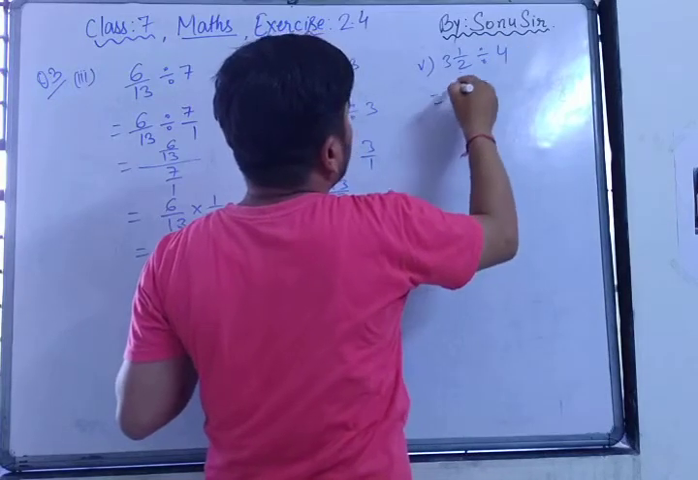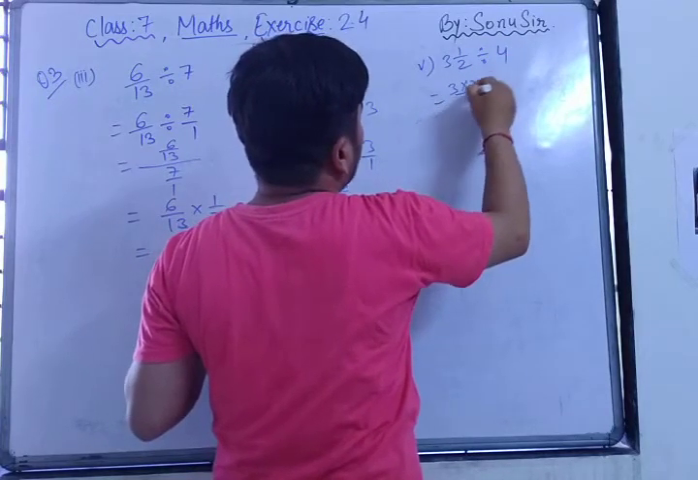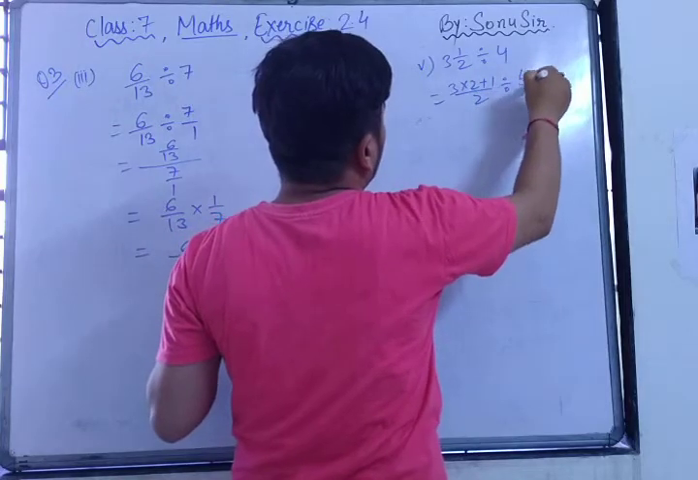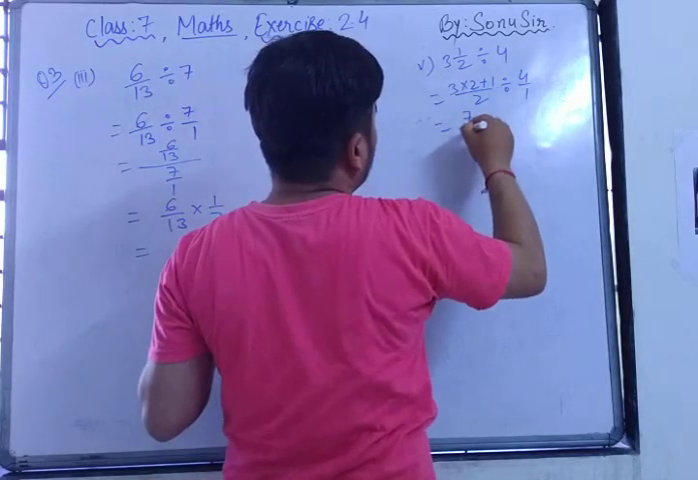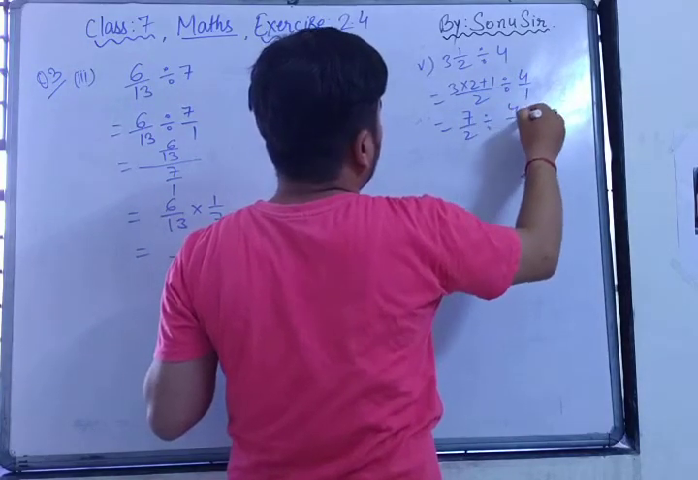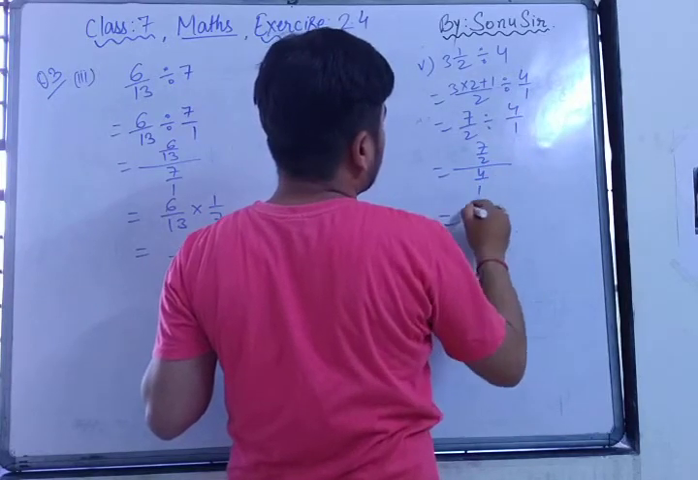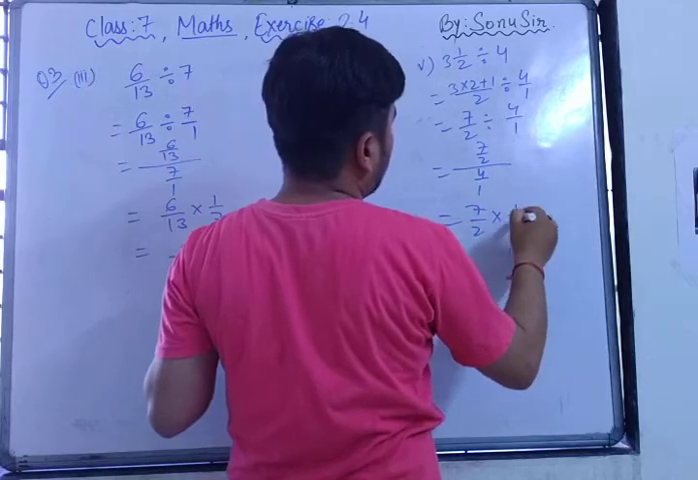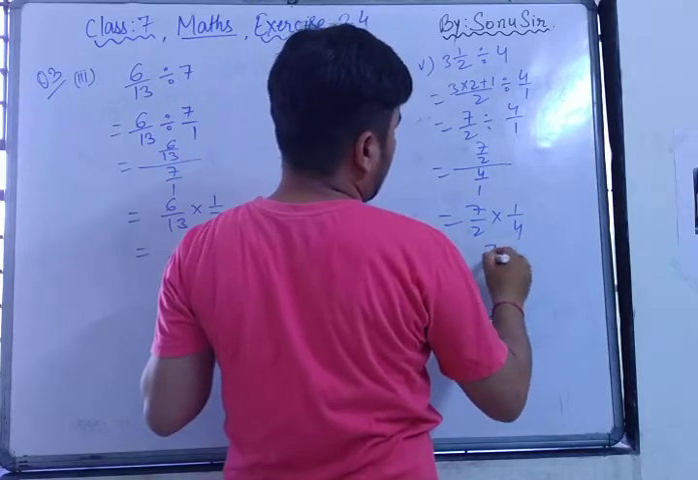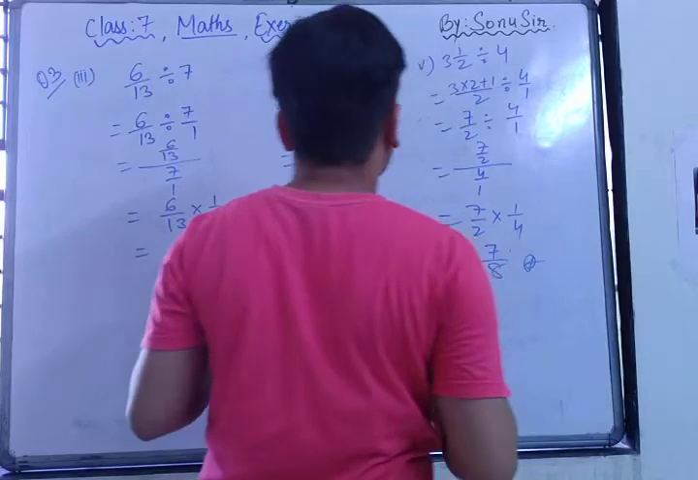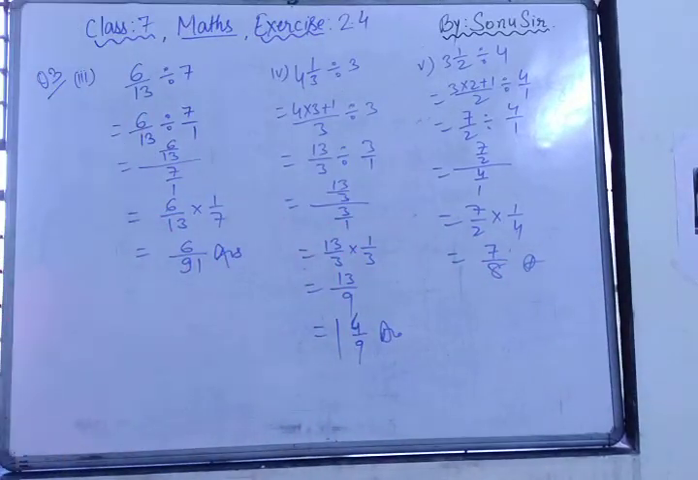So what we will do here: 3 into 2 plus 1 upon 2 divided by 4 upon 1. So 7 by 2 divided by 4 by 1 is equal to 7 by 2 into 1 by 4. So 7 ones are 7, 4 twos are 8. Got it? And the last question is